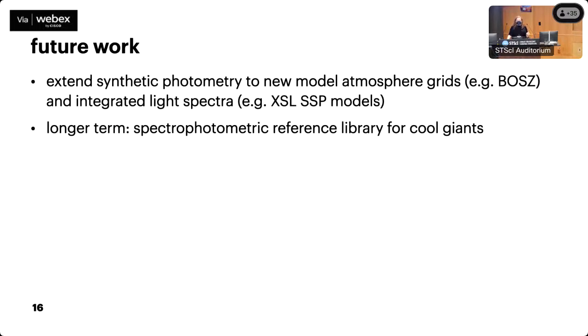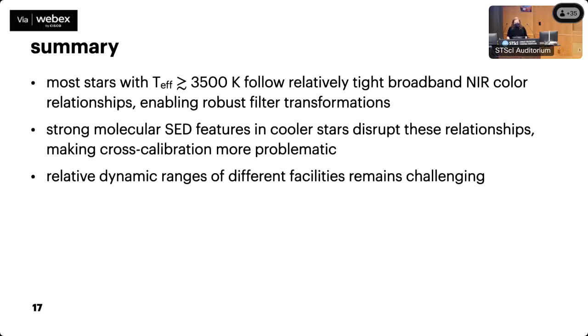Looking further ahead, I want to join the small chorus of people here who are advocating for cool giants to be considered as standards. Obviously maybe not some of the weirder AGB stars, but I would love to see a dedicated spectrophotometric reference library for them. I was really excited to hear about SphereX, and I think it might have a lot of potential in this area for galactic stars. I am actually just about done 5 minutes early, so I will leave my summary slide up and take questions.